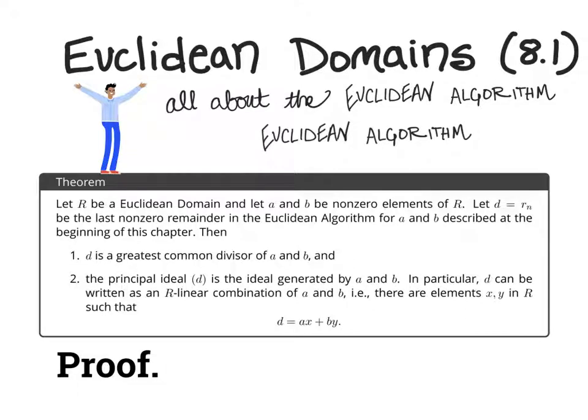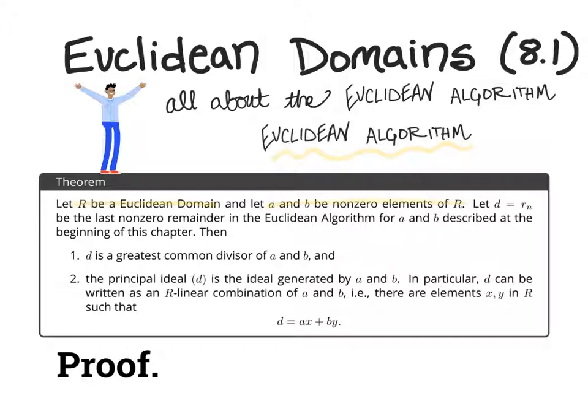Hi folks, today I am excited to be talking through a proof that sort of concludes what we're going to study on Euclidean domains. Specifically, we're going to look at this theorem that says the Euclidean algorithm works in a general Euclidean domain setting. So this is really exciting, I think. We're saying that if R is a Euclidean domain and A and B are two non-zero elements of R, then